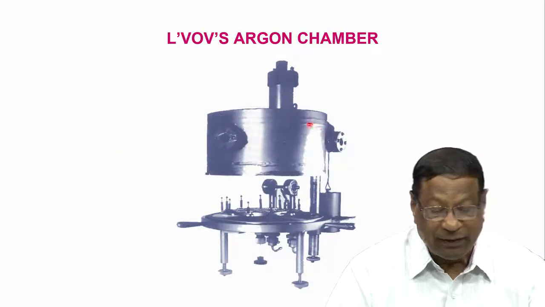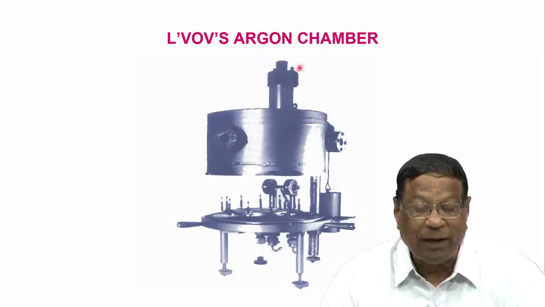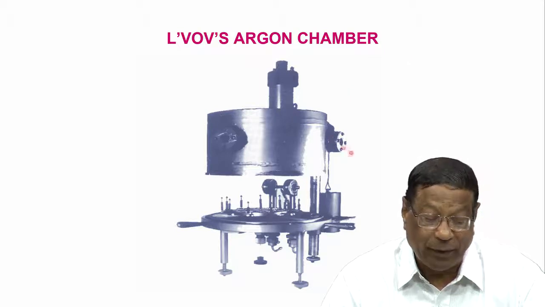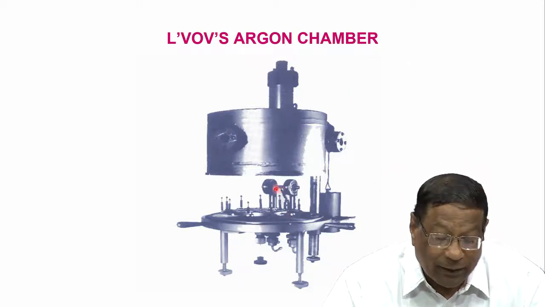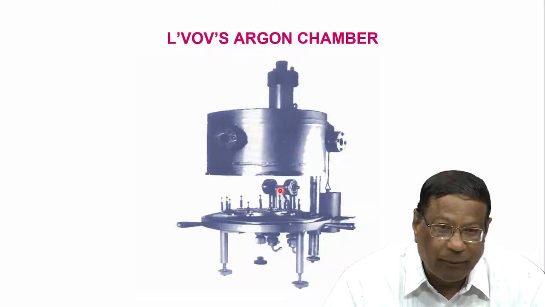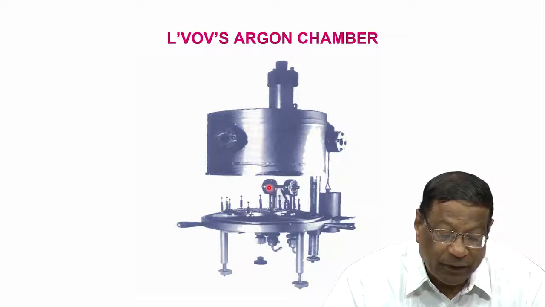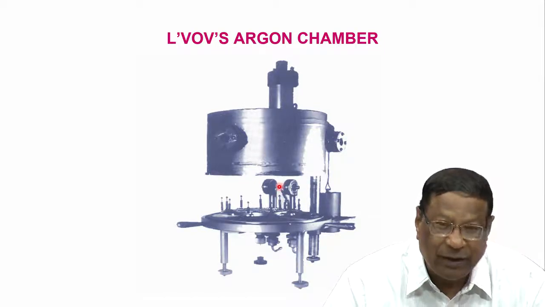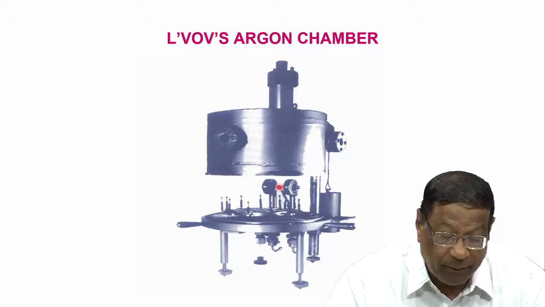So, this is the Labov's argon chamber. So, what happened here? You see here two small electrodes and a small tube here. Look at my laser pointer. There are two electrodes and a small graphite tube here, okay, where my laser is pointing, and